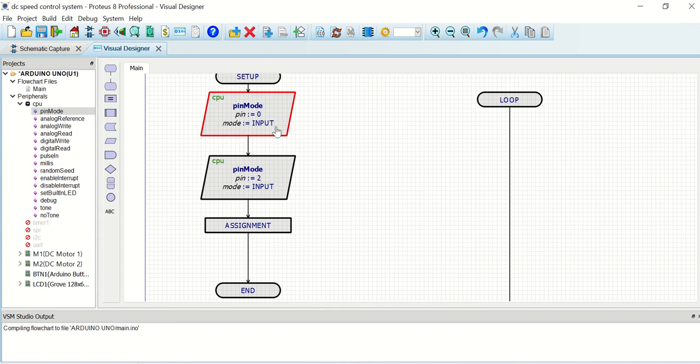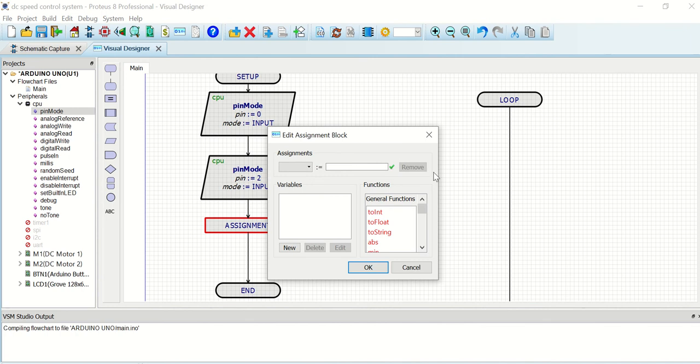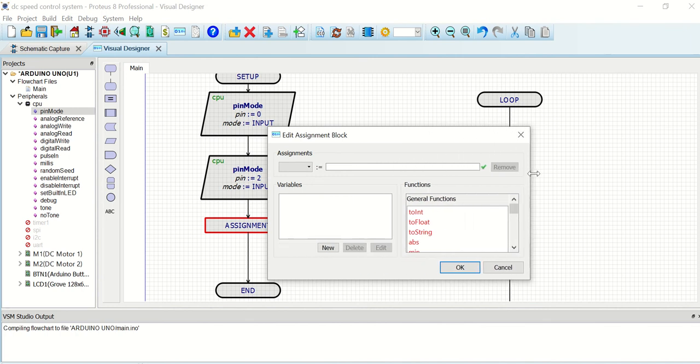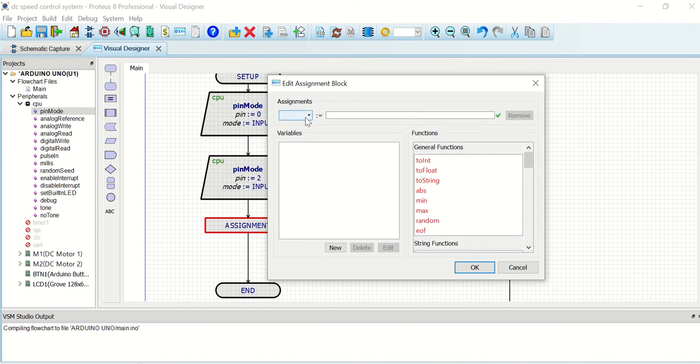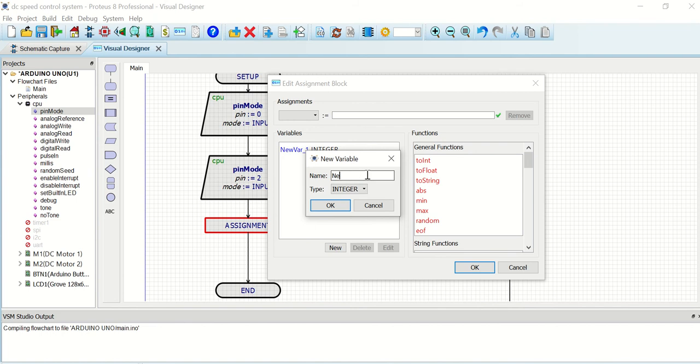Initially it is 0, which means initially you don't have any hardware connected, but during the setup portion what you need to do is specify that 2 pin. Next is assignment. In this assignment you need to specify some variables. What sort of variables might you need? If you select here, you can see no list, no variables are specified for your system. So what we can do is select this new and write one